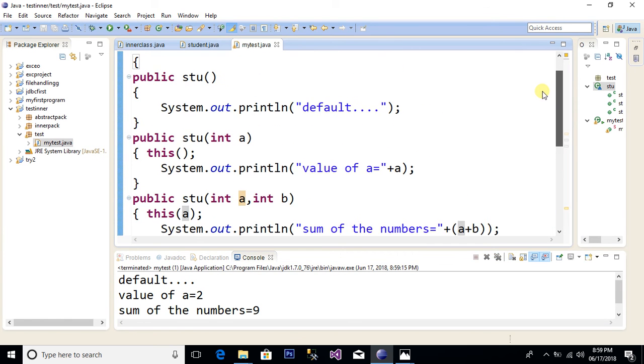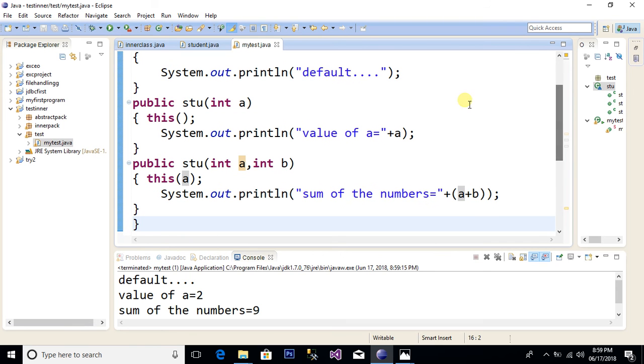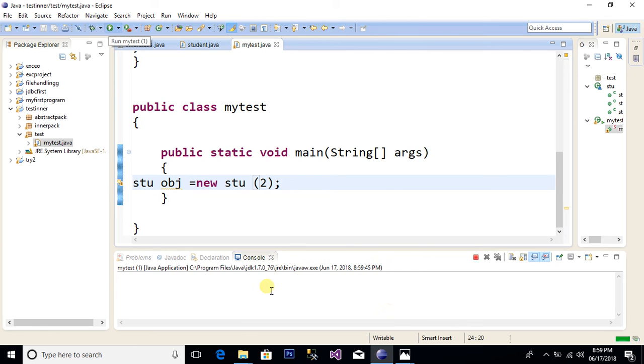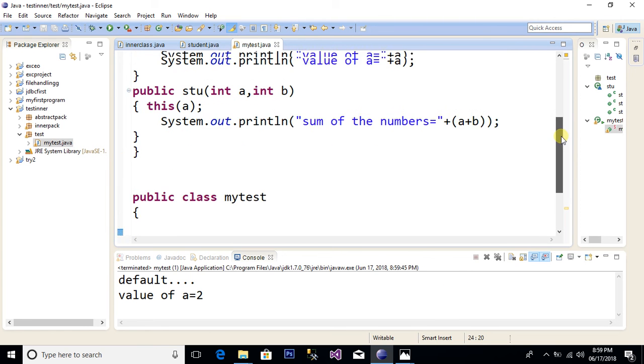When I pass this, the answer will follow. If I pass only one value, what will happen? It will show only that value. It's a simple concept, you know. So just try to make this program